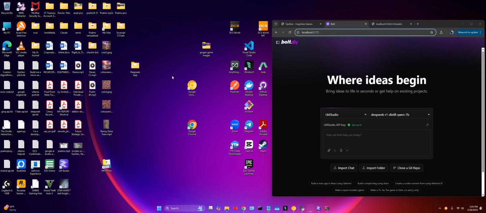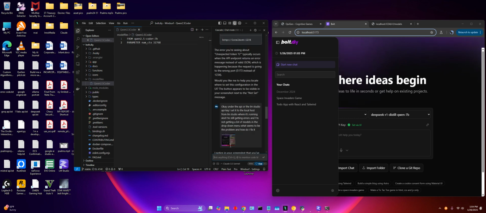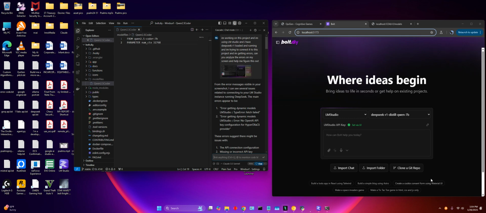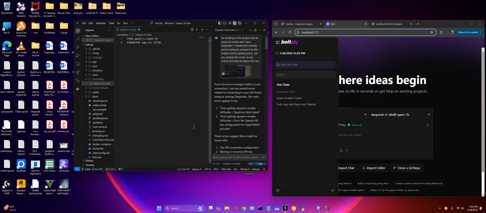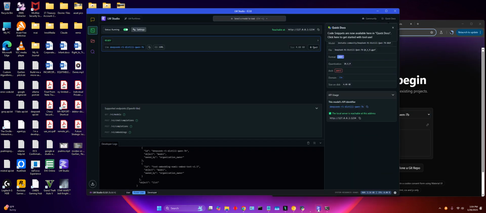Alright y'all, I'm back and I finally figured it out. I had to use Windsurf to help me figure it out. I went through screenshots with the errors showing up in the terminal and all that kind of stuff, and it not connecting, because just so y'all can see what's going on here, I got